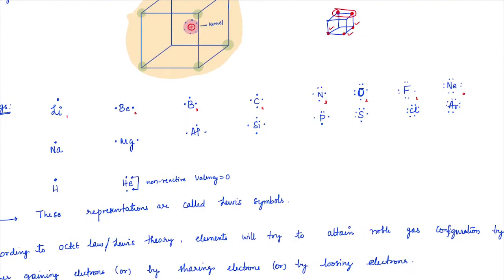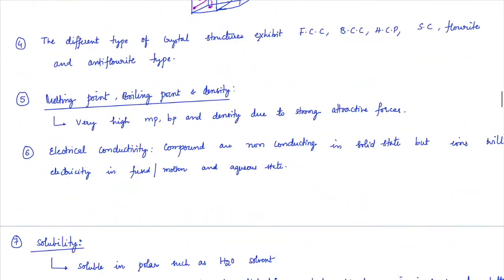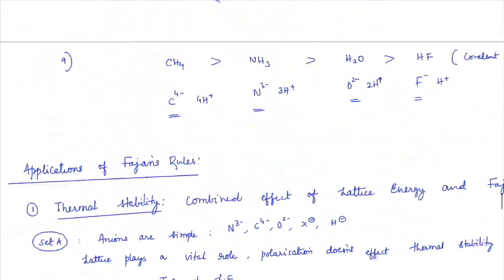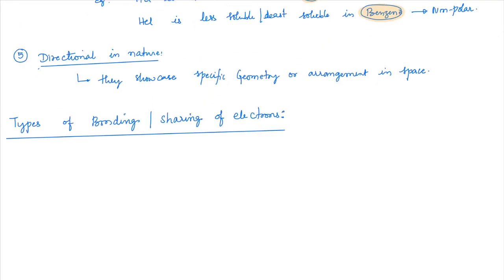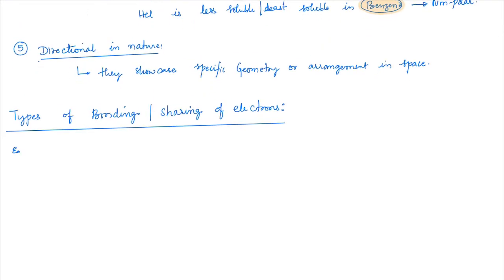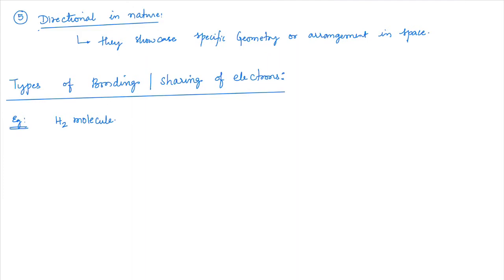This is the Lewis dot representation. This Lewis dot representation is something which will be very useful for us here to showcase the bonding type, how the bonding is happening. If you take any Lewis dot structure, it would be easy for us to showcase how the actual bonding is happening. Let me show with a few examples. Suppose there is an H2 molecule. There are two ways you can show: one is only the dot way or the dot and cross way. So let me show both.